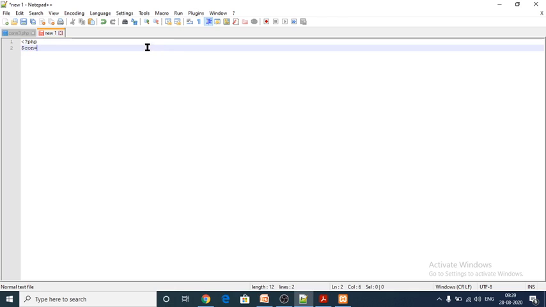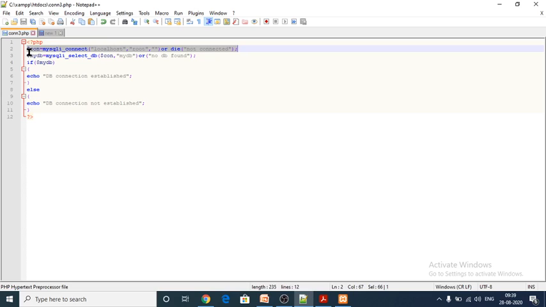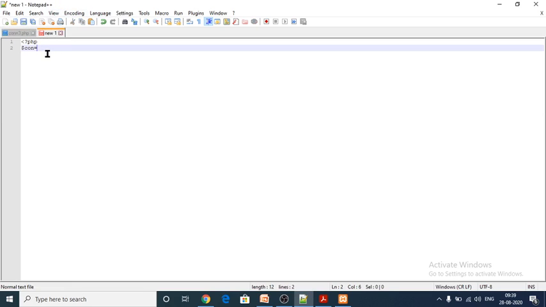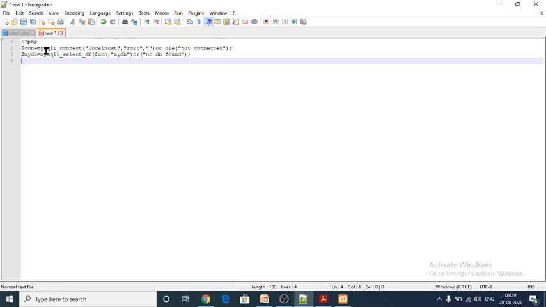con is equal to, let me copy these two things here, Control C, and paste here, Control V. After that, dollar symbol sql is equal to, within the double quotes, select star from the table name.